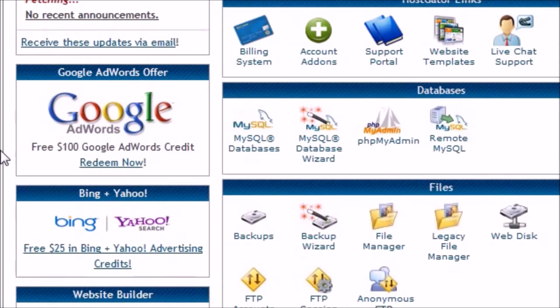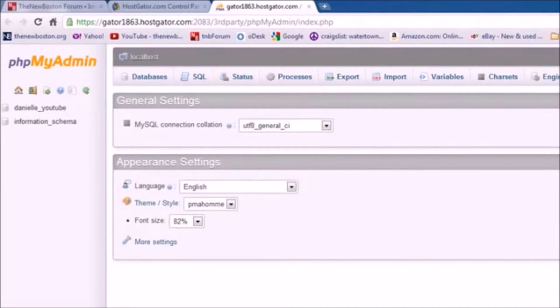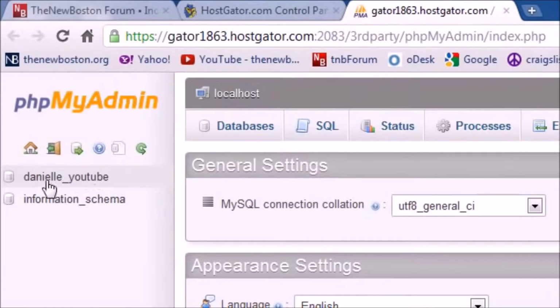Well, in order to see your database, go ahead and click this icon called phpMyAdmin. Now whenever you click it, it says, okay, wait, and now a tool called phpMyAdmin opens up. Now in this tool is where we're going to be typing all of our SQL commands. This is where we're going to be spending most of our time. Now all of your databases are listed on the left hand side. Now obviously we just created this one called